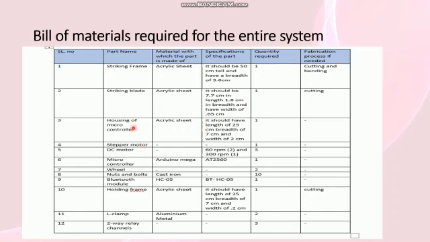Next one is the housing of the microcontroller. Basically this is the casing part of the circuit. For that also we had used acrylic sheet. Quantity required was 1, and the fabrication process was null. Next we'll see the motors required for the model. First one is a stepper motor, and the quantity required was 1. Basically the stepper motor was required to rotate the arm of the bot.